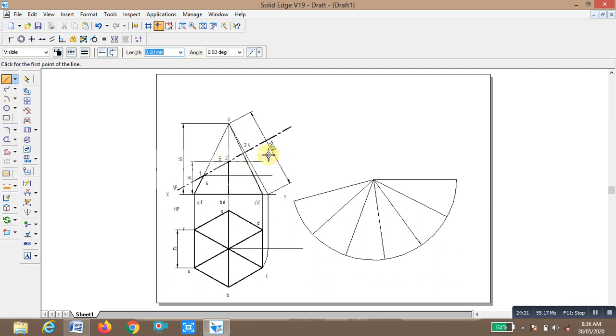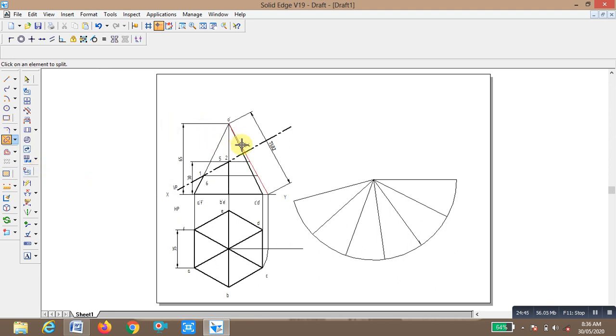You measure the distance, how much is the distance of this from the base edge. Go to the split command, first I want to split this line at this point. I measure the distance of this, how much is this, this much.